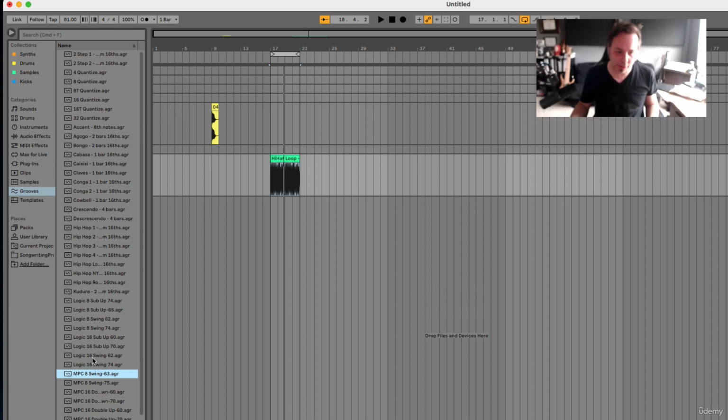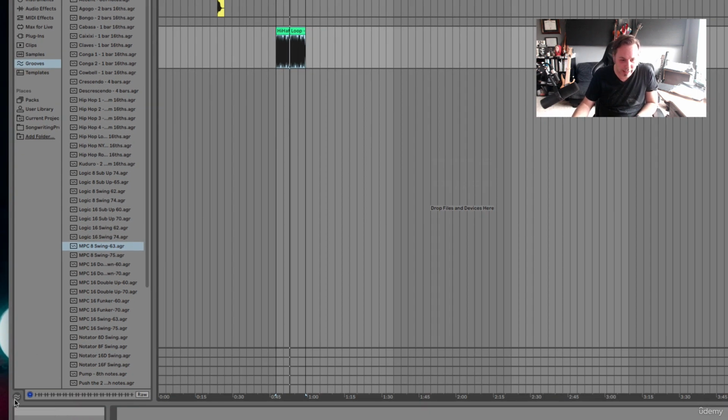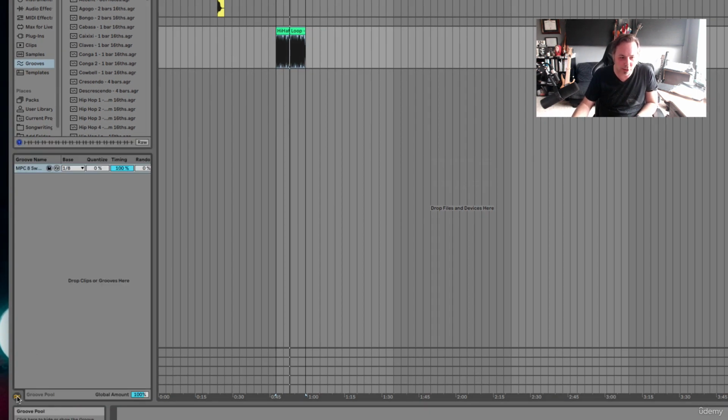Now, there are better ways to use a groove than to just throw a groove file onto an audio track. We actually have a whole section of the interface devoted to helping us craft those grooves just right, and it's actually hidden way down here in this little button. This is called the groove pool. So what we can do here is pull one of those grooves into this, and now we can actually adjust some of the settings in it. And then once we adjust the settings, then we can drag it onto something, and it gives us a lot